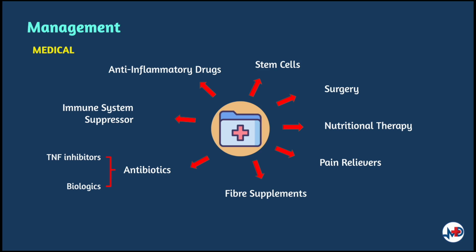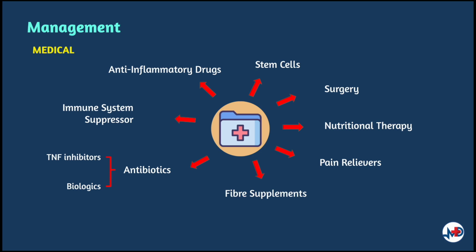Now, when we look at the medical management of Crohn's disease, there is more than one treatment that can be administered. First of all, let's discuss anti-inflammatory drugs. Corticosteroids, to be specific, such as prednisolone, have long been beneficial for people with Crohn's disease. However, they are limited to short-term use when other treatments are not effective. Immune system suppressors are also given to help reduce bowel inflammation, and these are traditionally used to treat Crohn's disease, which include azathioprine and mercaptopurine.